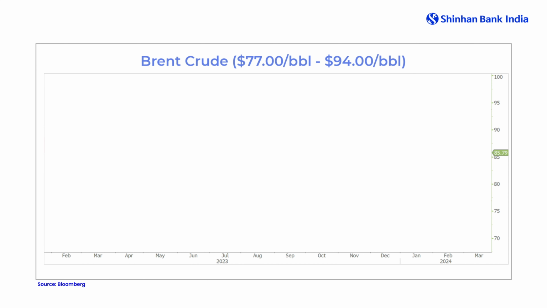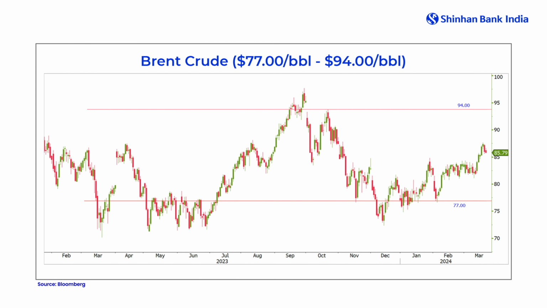The Brent crude prices are currently hovering around $85 to $87 per barrel. We see this range between $77 and $94 per barrel. We cannot ignore the Red Sea and the Middle East crisis, because once it flares up, it can have its own crucial impact on the Brent crude prices as well. Crude oil inventory data are also quite fluctuating at times, which also needs to be under watch.